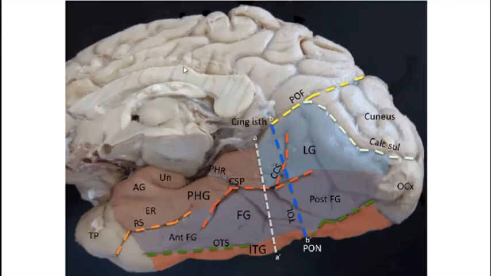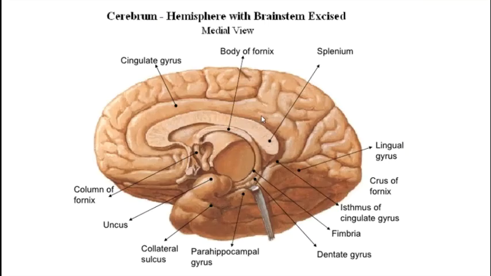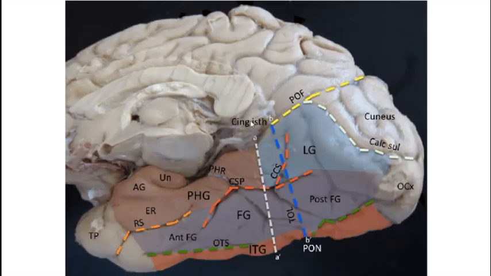Another diagram. So this is the corpus callosum. You can see it is so white. And this is the cingulate gyrus moving forward. This is the cingulate isthmus, which you are not able to see as clean as it was here, because obviously you can see some meninges, some blood vessels. This is the choroid plexus and formation of the choroid plexus as it enters inside. So this area is looking messy, but there is definitely gray matter under it.